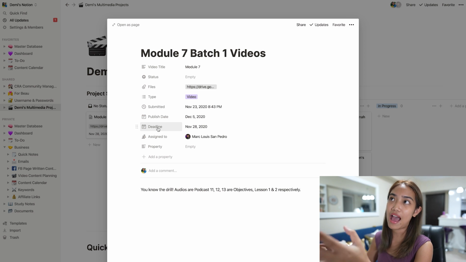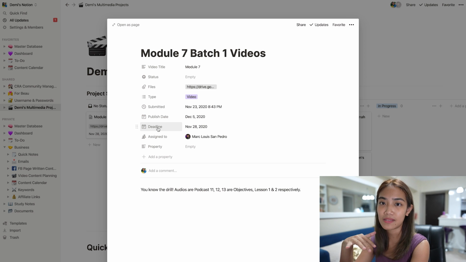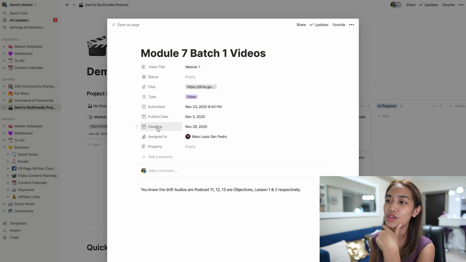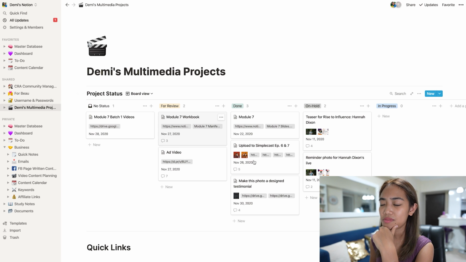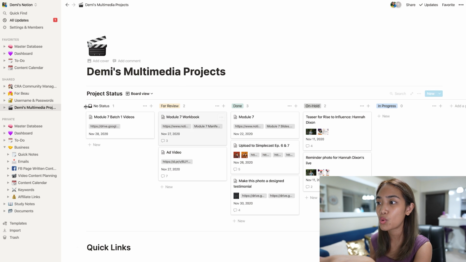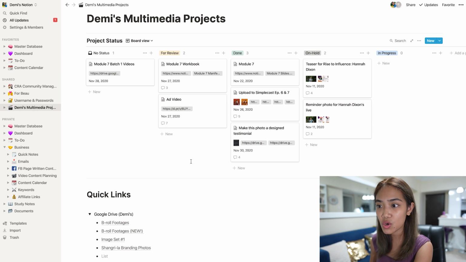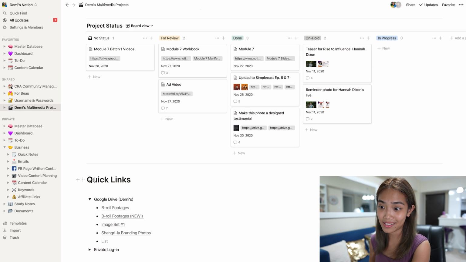Deadline, of course, after I have passed it on to a team, I can set a deadline for them, that kind of stuff. Assign to, of course, the person that I'm going to assign this to, right? So on and so forth. So we have that kind of setting in terms of project management. And apart from this board view that looks exactly like Trello, on the same page in Notion, I can have quick links. Like this, for example, we have quick links for B-roll footages, images, and my branding photos,